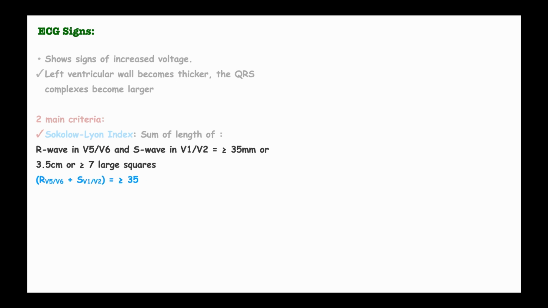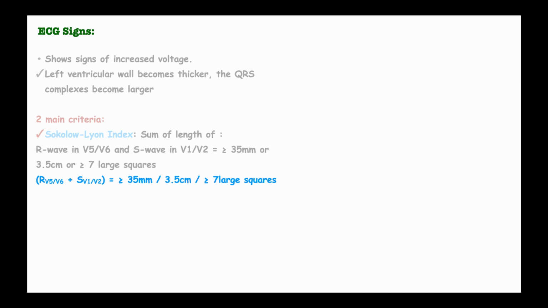And so we say R wave in V5, V6 plus S wave in V1, V2. So you choose the largest amongst them, and it must be more than 35 millimeters. When you measure and you get this recording, we say left ventricular hypertrophy is